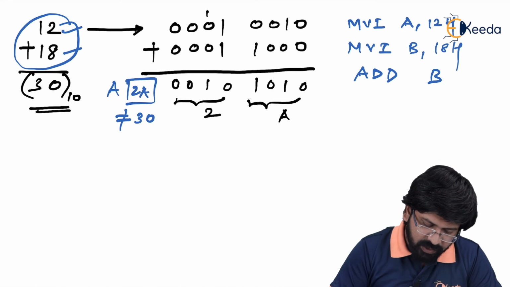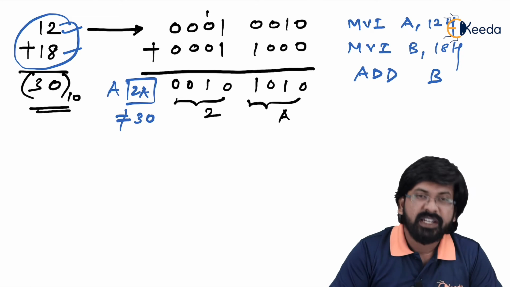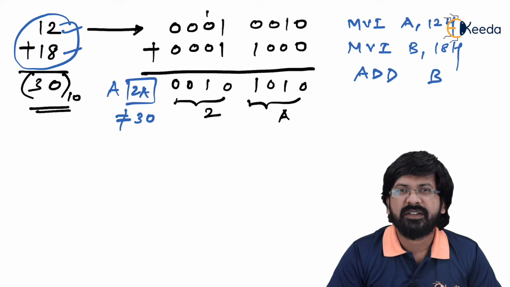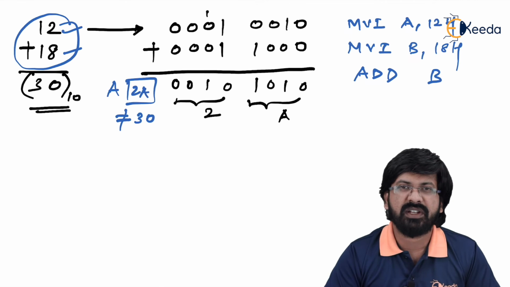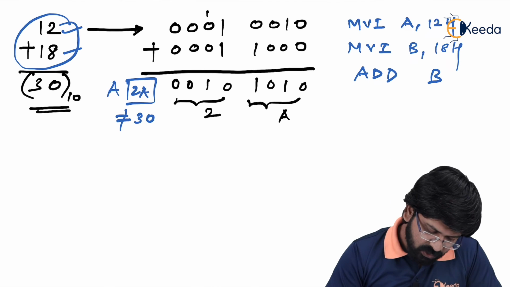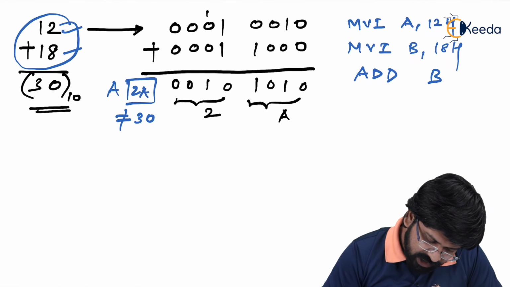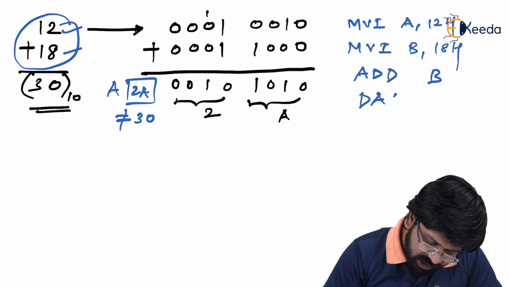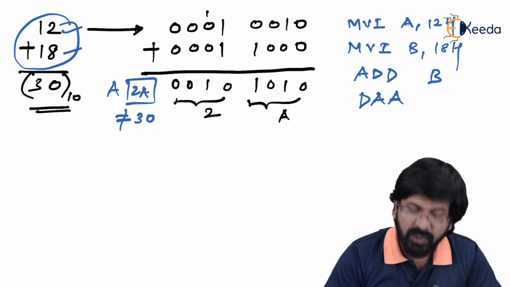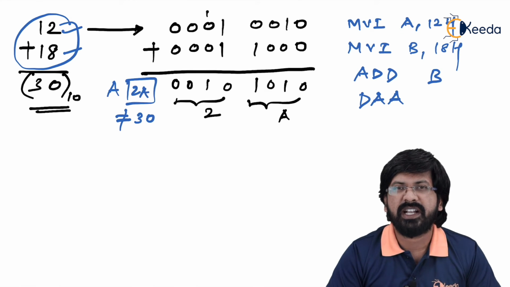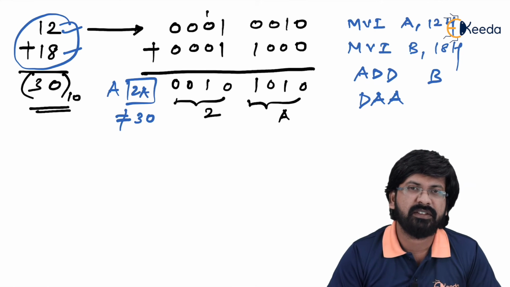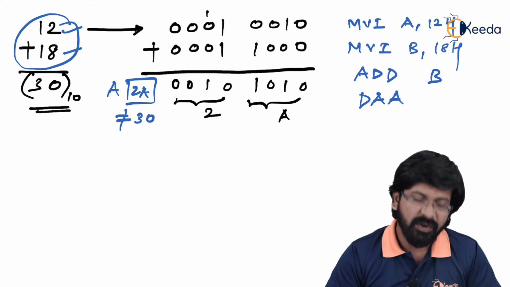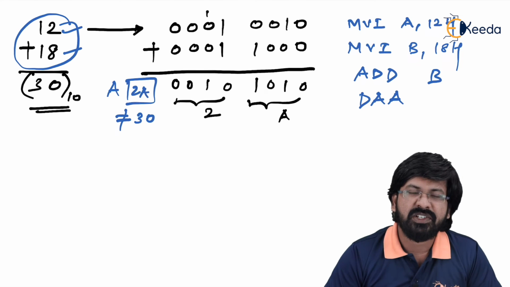As you can see, this 2A cannot be a valid BCD number, because in a BCD number the digits allowed are only from 0 to 9. No alphabets like A to F are allowed. So here, to do the correction, we write an instruction called DAA. We don't have to do any correction ourselves, we just write an instruction and relax, and it does it automatically. So how does it happen? After the DAA instruction, we have already studied the algorithm.